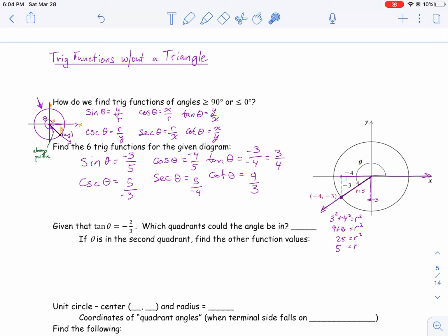But that is essentially how we do trig functions without a triangle. Now you might say, well, wait, we had a triangle. Technically we didn't. Technically we had x values, y values, and a radius. Y over r, x over r, y over x. And we just use these definitions to help us. Now, I'm not saying don't use a triangle to help you remember, but really remember these are coordinates, so they can be negative. Radius, though, the radius is always